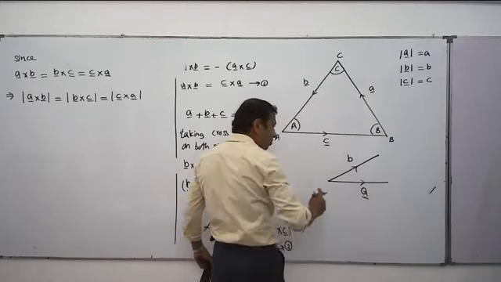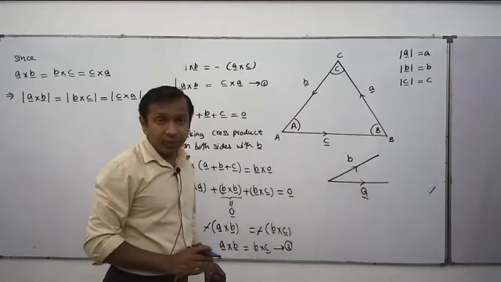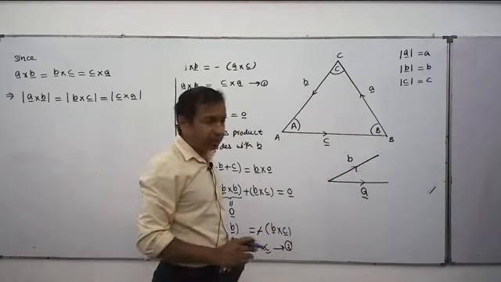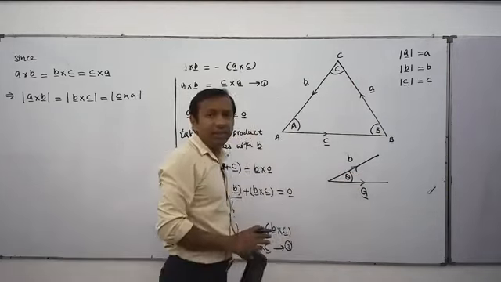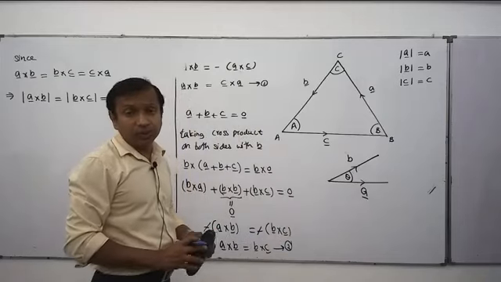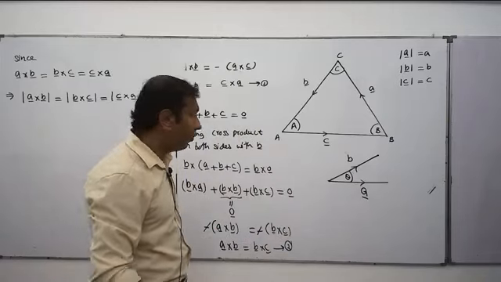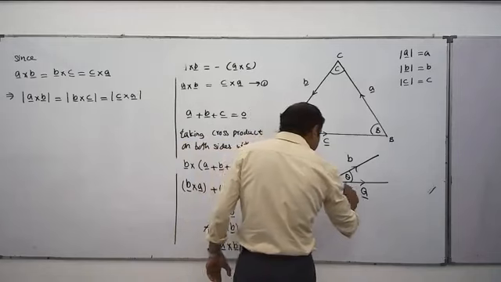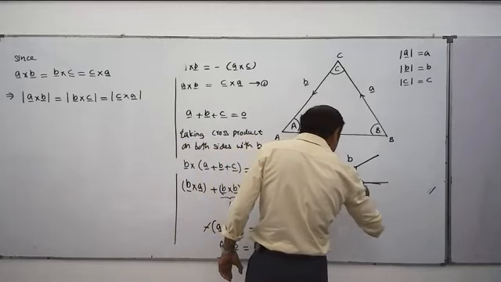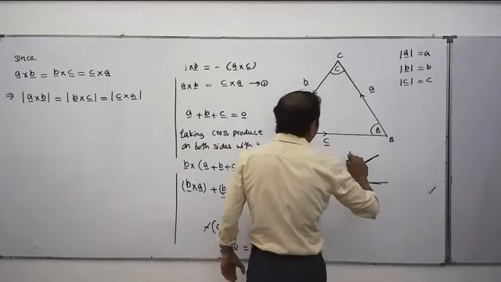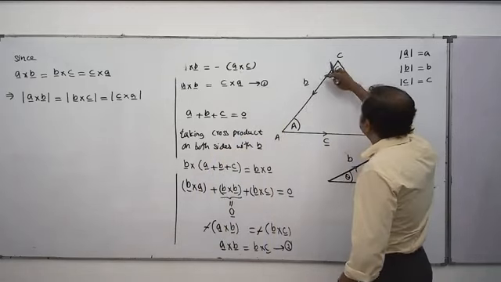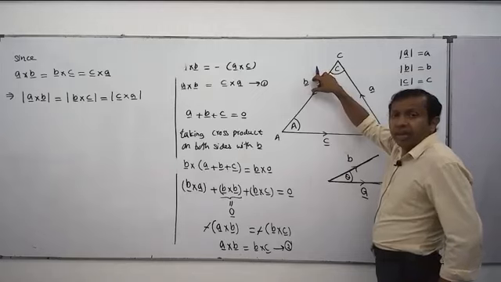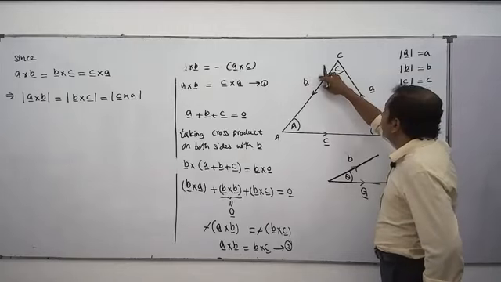In that instance, only the angle between these two vectors is what we take to write the cross product. So here, say the two arrows are going out. Then when we need to write A cross B, the angle between A and B is not this